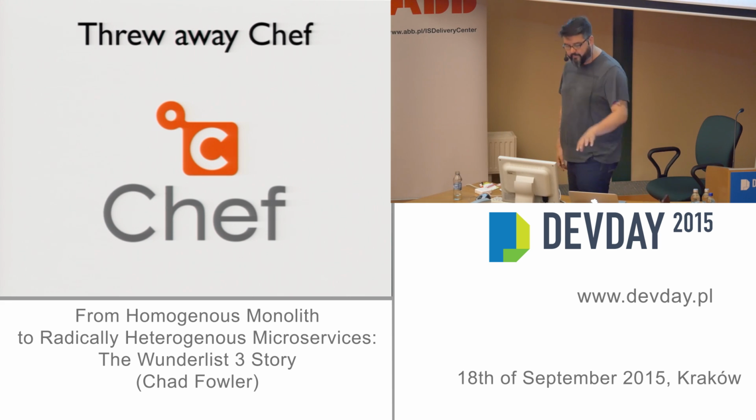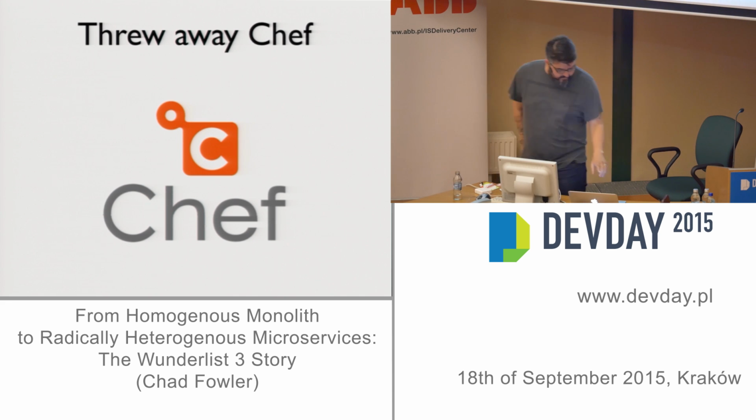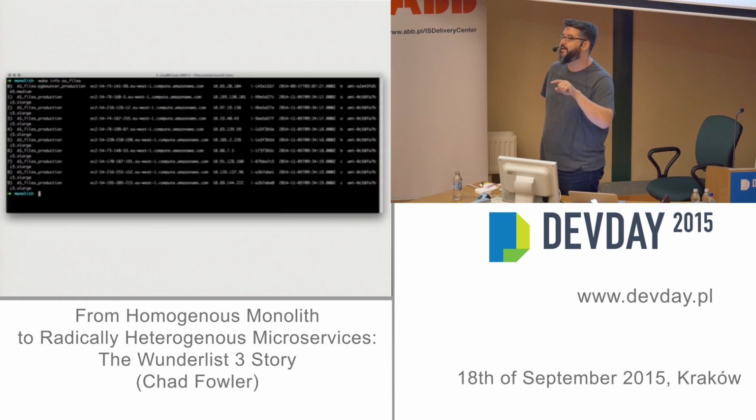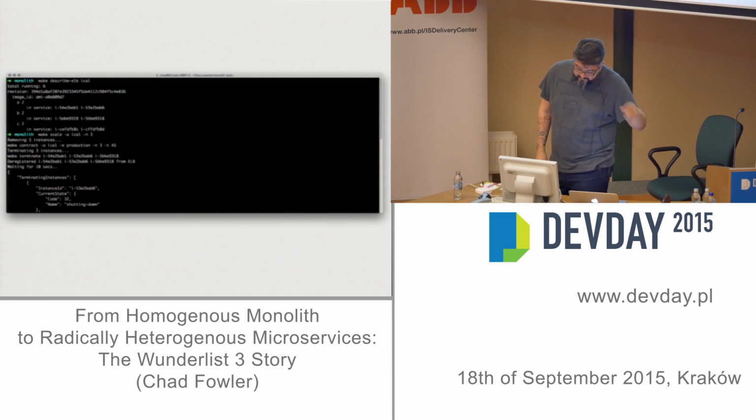So we have a system, you won't be able to see the details of this, called Wake. And this gives you some idea. I'll tell you what it says at the top. At the top I say wake info as files, and this is actually an old version of the command. And it's returning information about all the running servers that are serving the service that is called files for us. And you see there are, I don't know, 9 running. And then you can do stuff like see what's in the load balancers. We're on AWS right now. Of course, we're moving to Azure because we work at Microsoft.